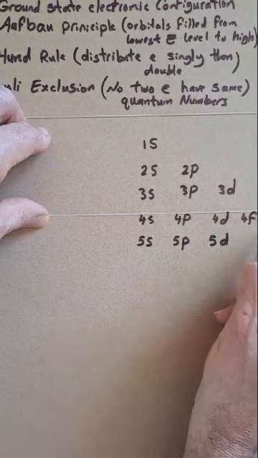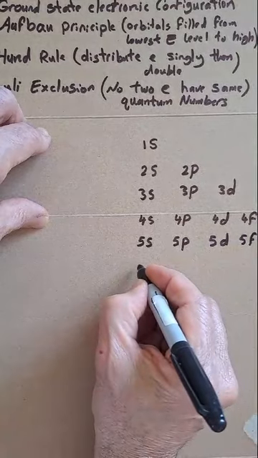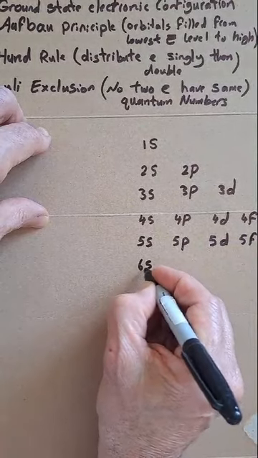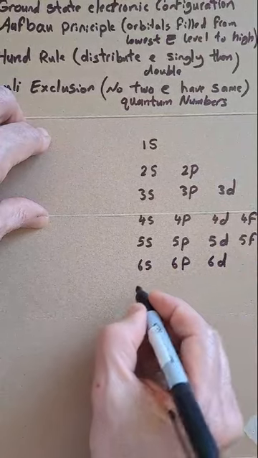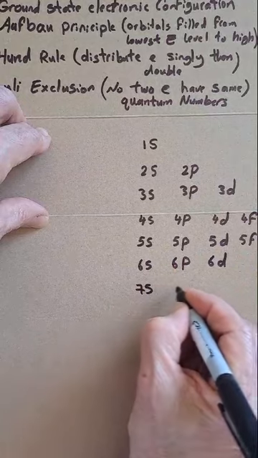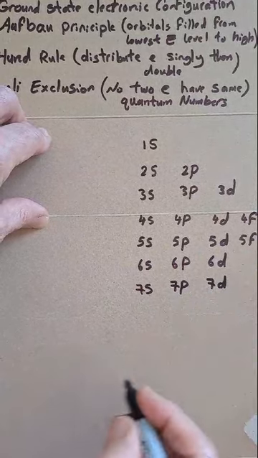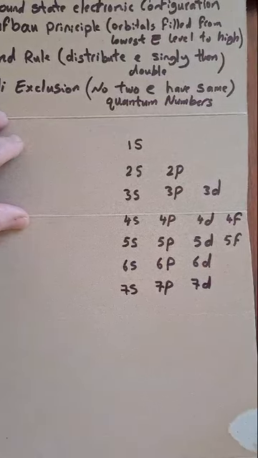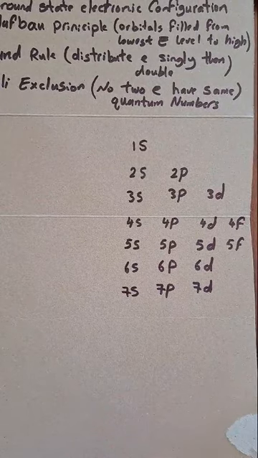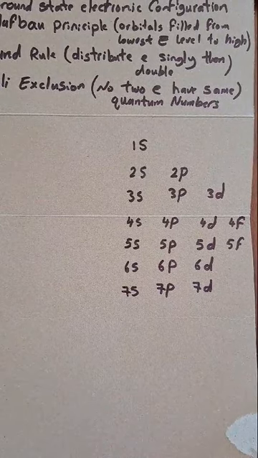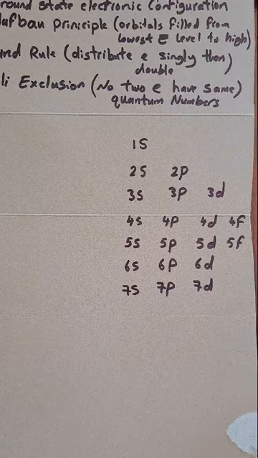5d, and so on, 5f. There is 6s, 6p, 6d, and so on, 7s, 7p, 7d, and so on. So now, once we need to fill these orbitals, or we need to explain this, that